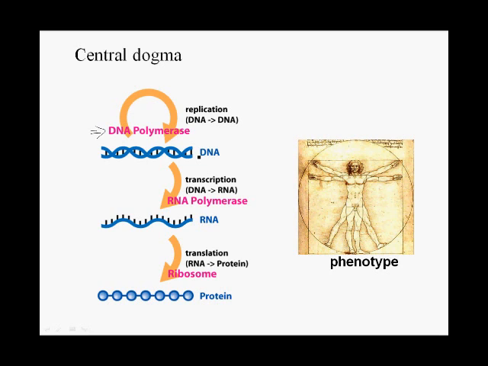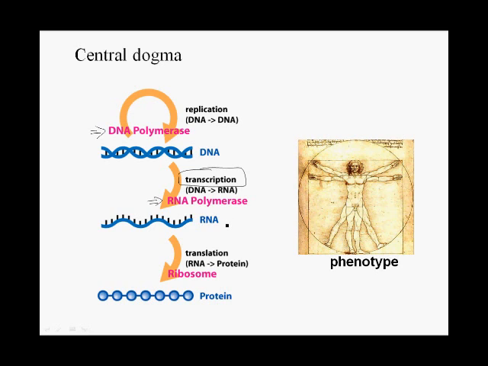The information in DNA then can also be transcribed or copied by the enzyme RNA polymerase into RNA. We call this transcription because the information in the RNA is a sequence of bases that is identical to the information in the DNA, which is also a sequence of bases. The only difference, of course, is that wherever the DNA contains a T, the RNA has a U.